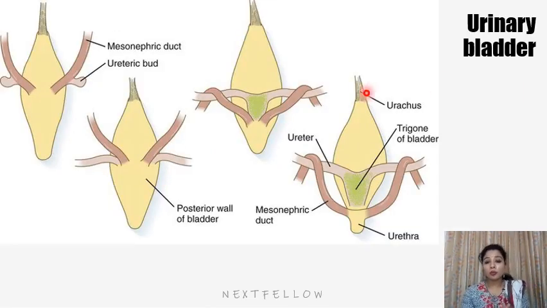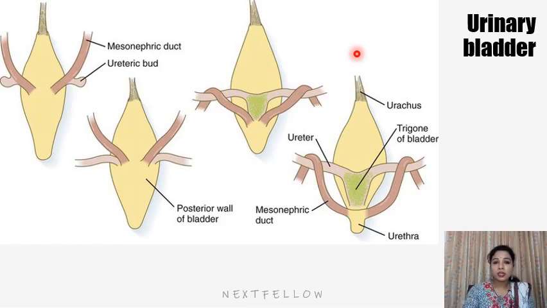Next, about the formation of the urinary bladder. If you have seen the development of the hindgut, the anterior portion of the cloaca forms the urogenital sinus, and that forms the major part of the urinary bladder. Only the internal trigone of the urinary bladder is derived from the mesonephric ducts, that is, from the ureteric bud. So the urinary bladder develops from the cloaca, which is a common collecting region of the primitive kidneys